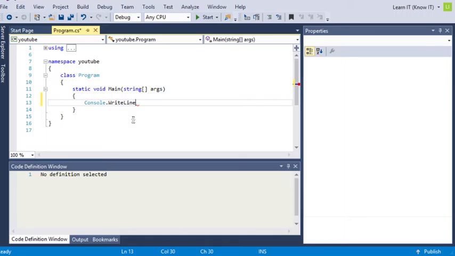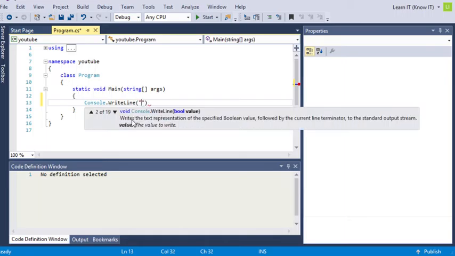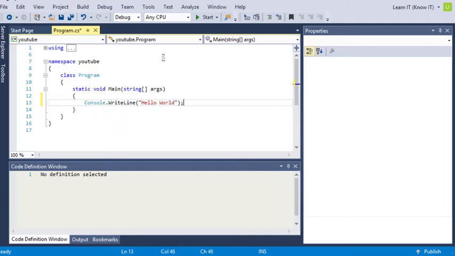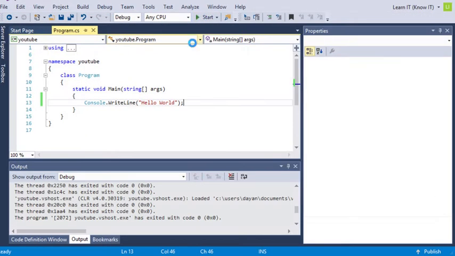Console.WriteLine and Hello World. Okay, so now what we're going to do is we want to just run this. Okay, so I don't know if any of you were fast enough to catch that, but it just ran through